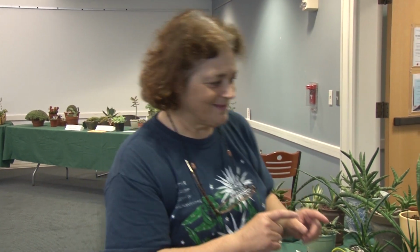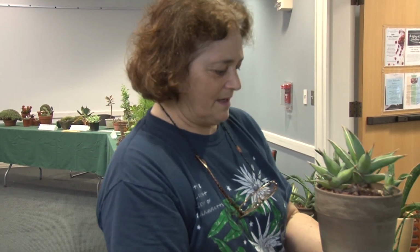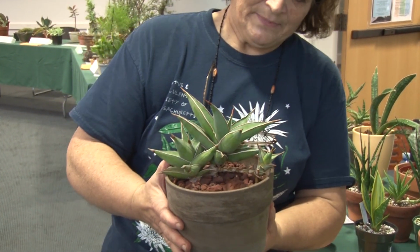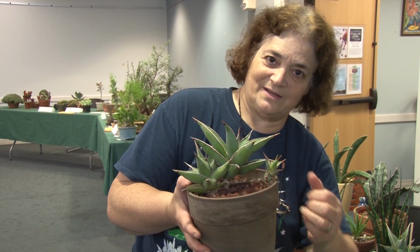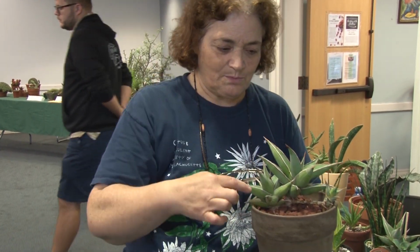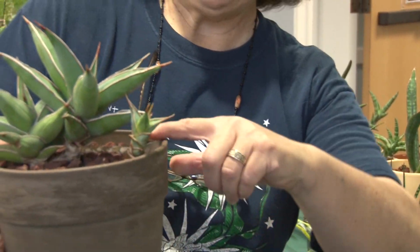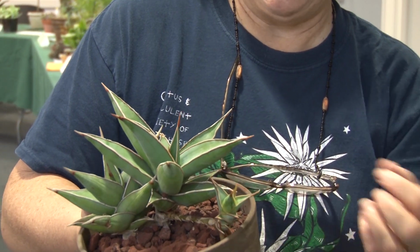And then this one, and we have a couple of them here. This is called Sansevieria pinguicola, and it's also nicknamed the walking Sansevieria because of its manner of propagation. You can hopefully see that there's a little branch coming right out here. This plant just a month and a half ago was sitting in a smaller pot. Just these two parts of it were in a smaller pot. It's my plant. And all of a sudden one day I noticed it had thrown out this branch which is hanging out over the edge of the pot, and this little guy appeared at the end,